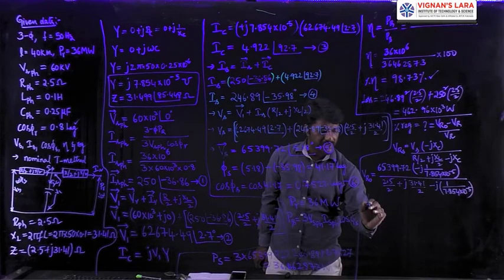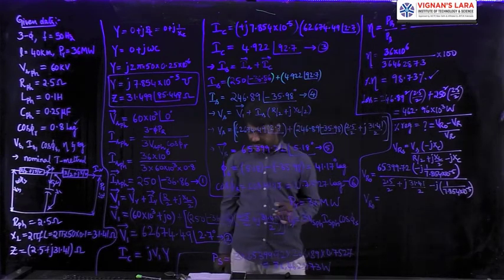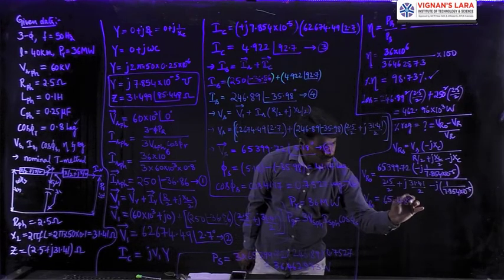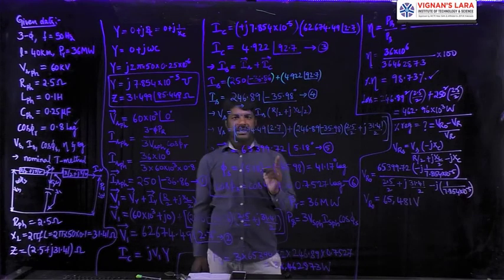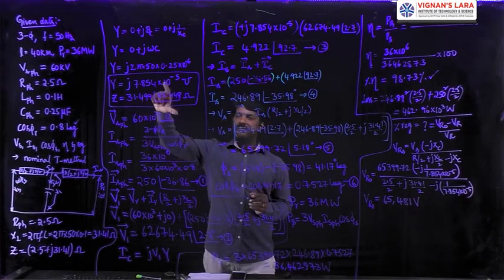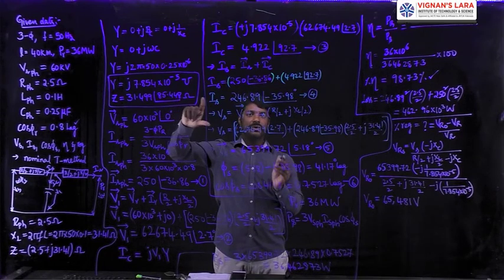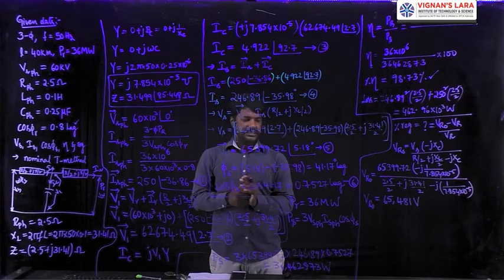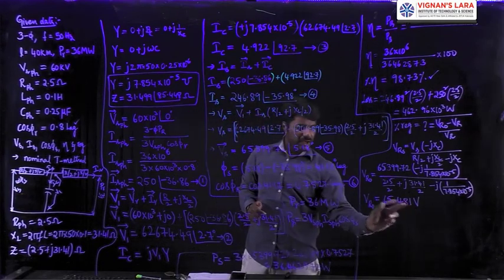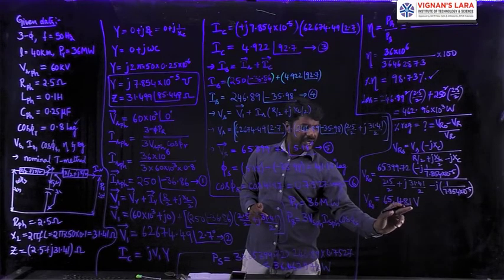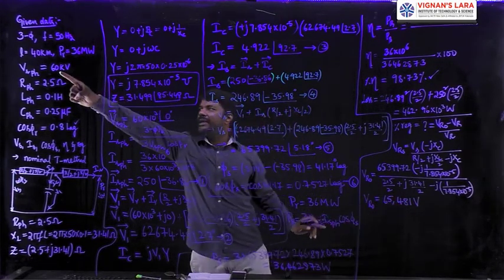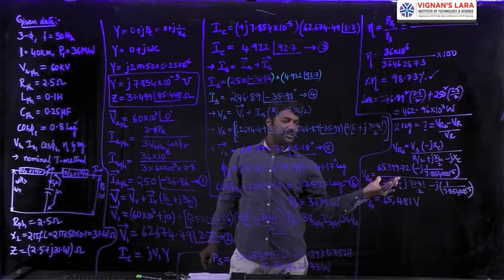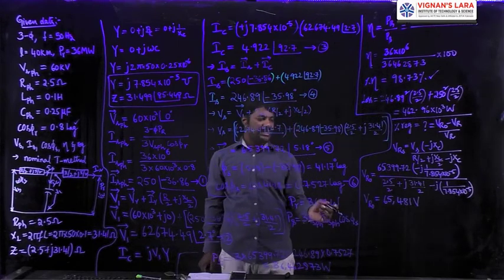The VR naught value is equal to 65,481 volts. Always remember that if the transmission line is giving power to a lagging load, then the lagging load at full load will have less voltage when compared to the no load voltage. So the no load voltage magnitude will always be high. How much is it? 65,481. Whereas with the fully loaded condition, its value is only 60,000. Here 5,000 volts is more. That 5,000 volts appears as a loss, in general as a drop.